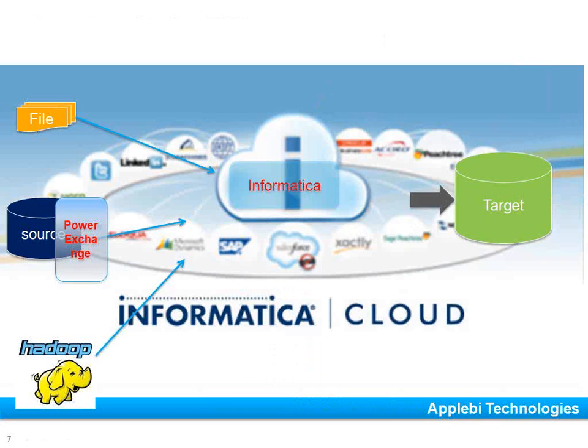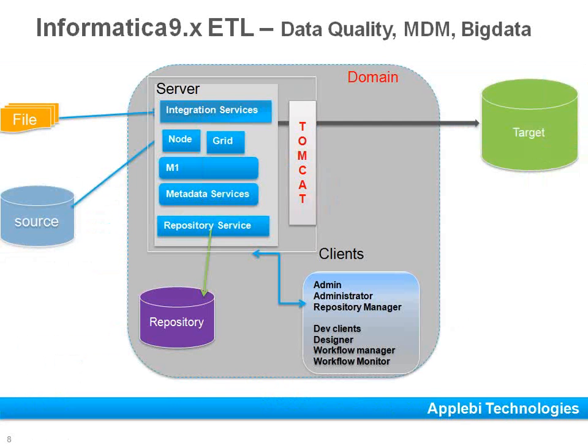Okay, now coming to Informatica. Every Informatica software, including Informatica 9 or anything you take, especially in data warehousing, you can classify into three components. One is the server component. In this diagram, see that this is my source. There is some data in a file, some data in a source. I want to read, join, and then load into the target. If you are planning to use Informatica software, this is all you can call Informatica software.